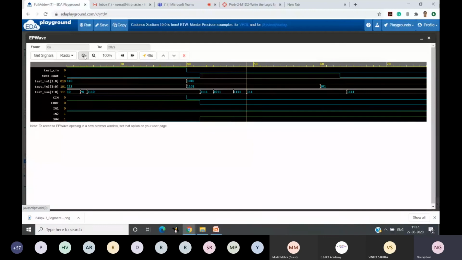One observation is that until this output is stabilized, my output keeps on varying. Initially it was 1, then after some 2 units of time it was 1 1 1 1, and after another 2 units of time it was 1 0 1 1, then again switched back to 1 1 1 1, and finally the output became stable. So when the output gets stabilized and there is no further change, that is the delay of this whole adder. This 4-bit adder would have a delay of some 9 units of time.